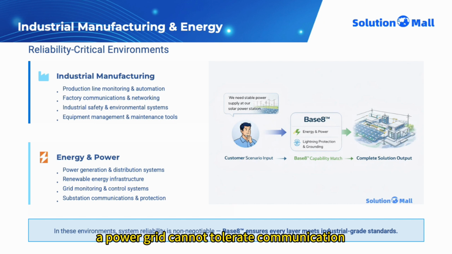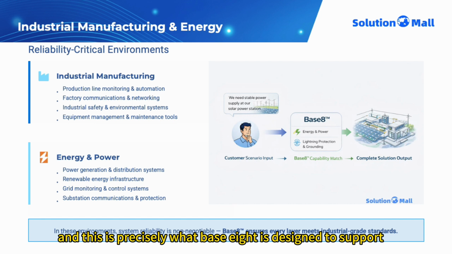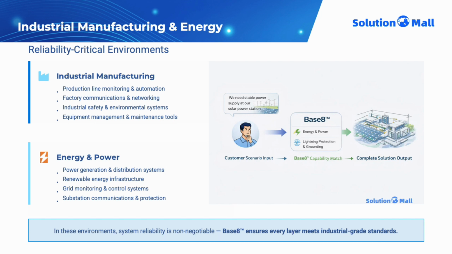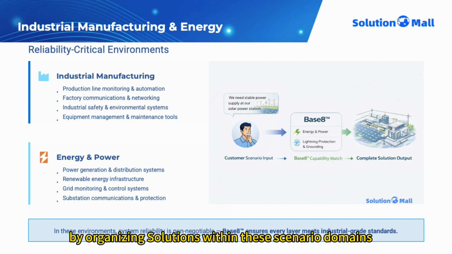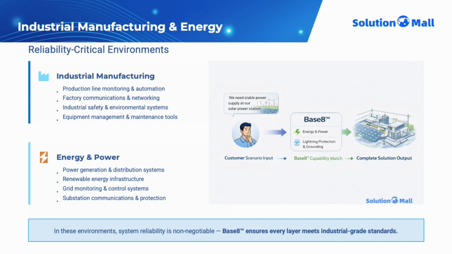A power grid cannot tolerate communication failures within its monitoring systems. These environments require the highest standards of engineering discipline. And this is precisely what Base 8 is designed to support. By organizing solutions within these scenario domains, SolutionMall helps industrial and energy customers quickly identify solutions that meet their reliability